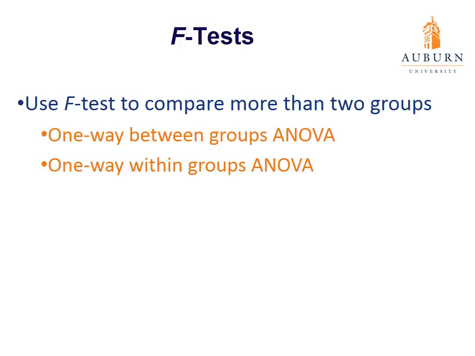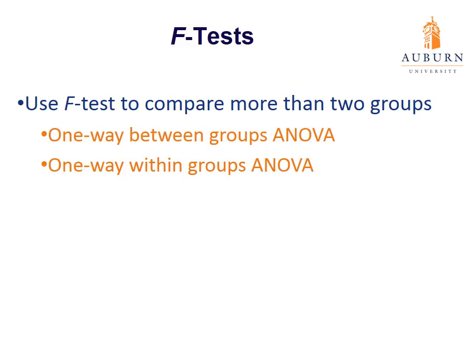There are several different types of F-tests, and the name of the F-test tells us a lot about the research design. Some F-tests are used for testing assumptions of parametric tests, others are used for analyzing mixed designs, while others are used when we have multiple independent variables, or even sometimes multiple dependent variables. We'll also learn about a regression F-test when we do Module 6, but for right now in Module 5, we'll